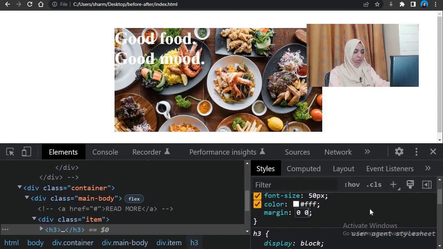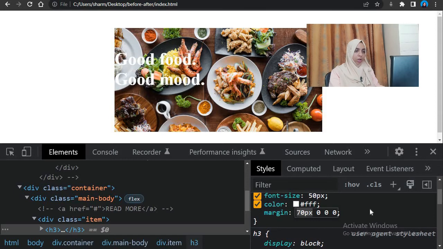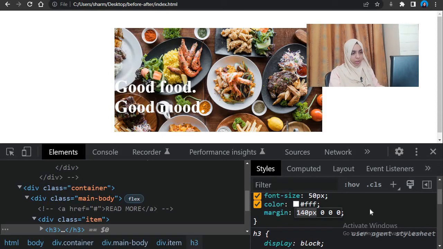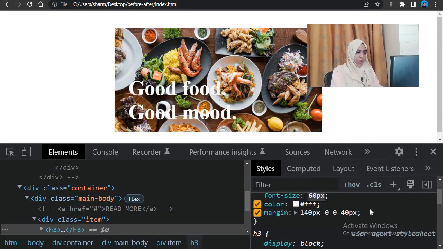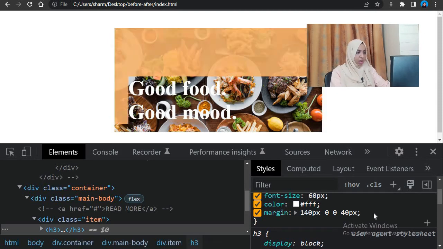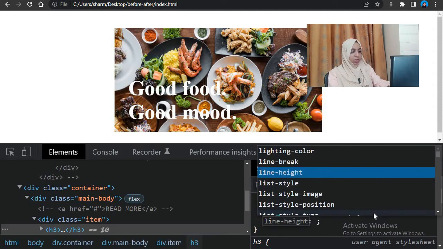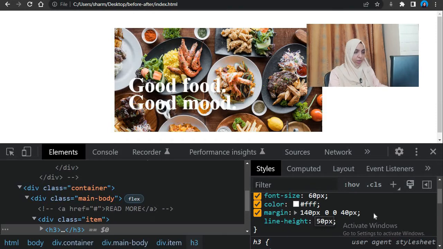We start with 0, 0, 0, 0. We will give it 4 values. So from the top you want it, for example, over here, and from the left you want it to be 20-30 pixels in. Alright, and let's just increase the size to maybe 60 pixels and just reduce the line height to 50 pixels.